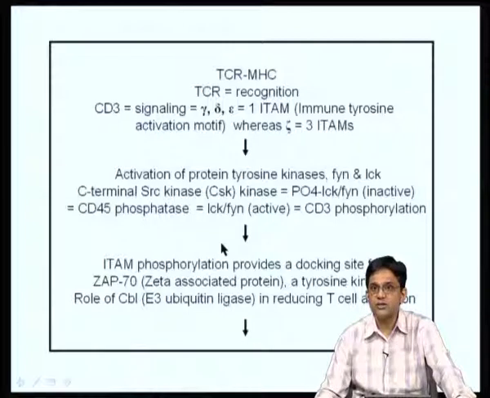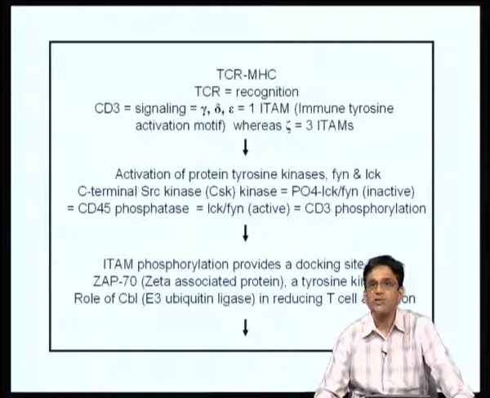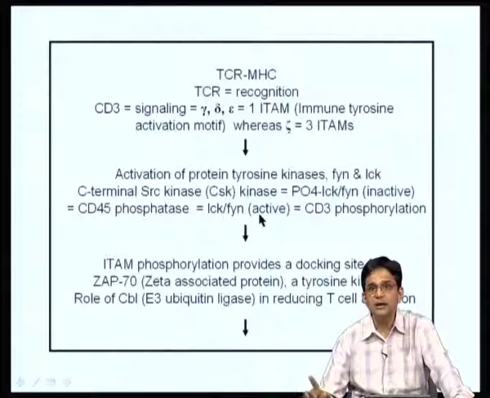For CD3 phosphorylation, the tyrosine kinases FYN and LCK are important. Under normal circumstances they are inactive, because they get phosphorylated by a kinase known as CSK, or C-terminal Src kinase. As a result they are inactive and cannot phosphorylate the ITAM motifs in the CD3. However, upon T cell activation, CD45 is activated, and CD45 then dephosphorylates LCK and FYN, which in turn results in